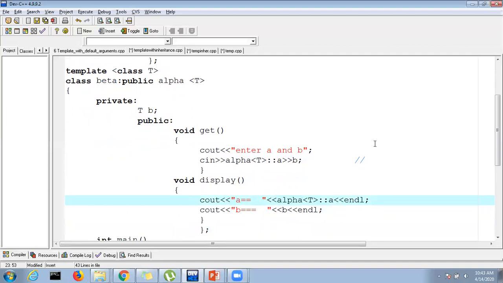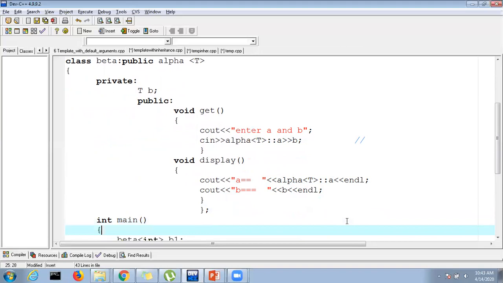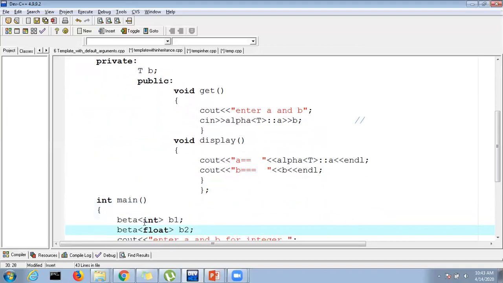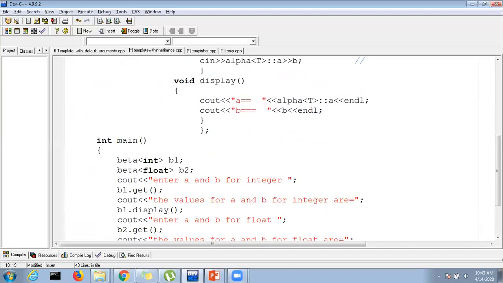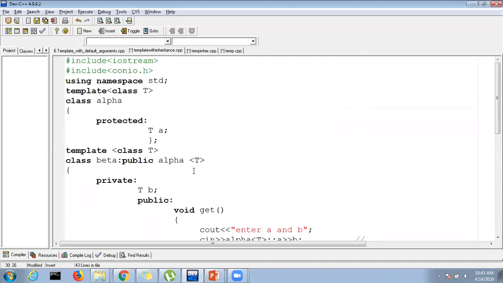Now, whenever I was discussing class template with you, what was the syntax for writing in main? Class name. Now, in case of inheritance, which class object is created? Derived class. How many parameters do I have here? One parameter. So I am passing int here. One parameter int, and b1 object I have created. The second time I am passing float values. Again I am repeating, whenever you are going to implement template with inheritance, what you are going to do is